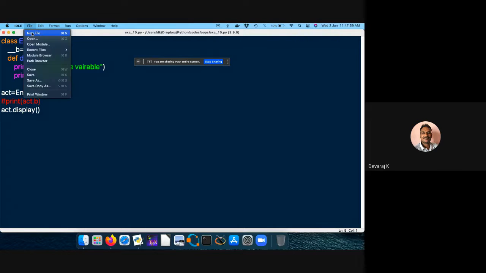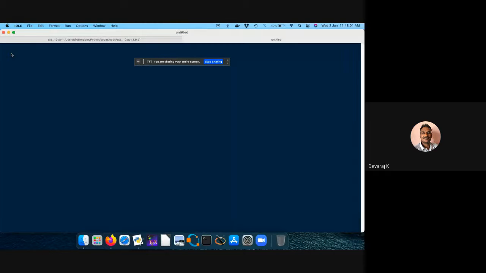So let me use a new file. Let me create it and call it class computer. Based on the maximum price, I'll use the class method init, and it has to end with self. Then self dot, I'm going to make this max price private, equal to some number. Let me give it 1000.